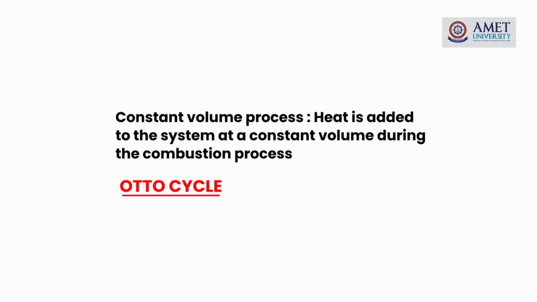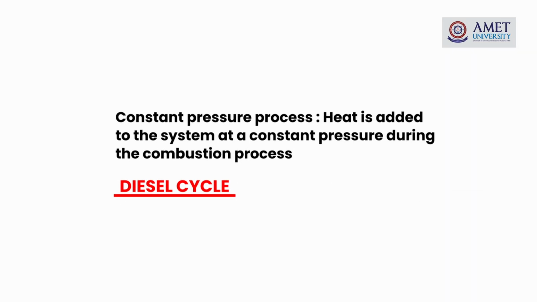Now I am going to take a lecture on the comparison between the Otto cycle as well as the diesel cycle. When comparing the Otto cycle and the diesel cycle, the cyclic process is similar for Otto as well as diesel. But in terms of naming, the Otto cycle can also be called a constant volume process. The diesel cycle can be called a constant pressure process. Why the name difference?